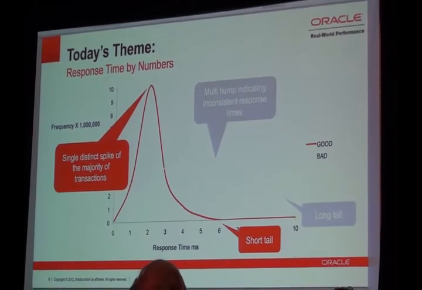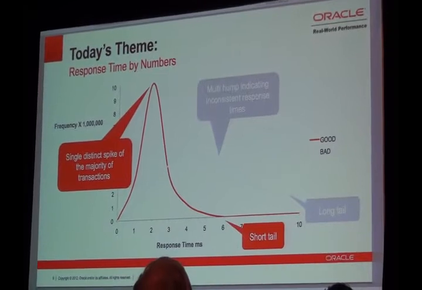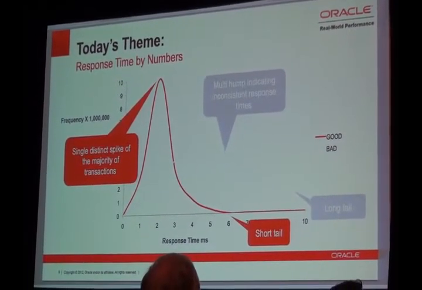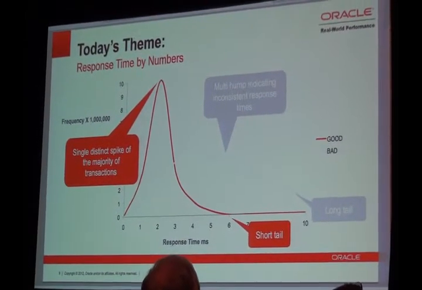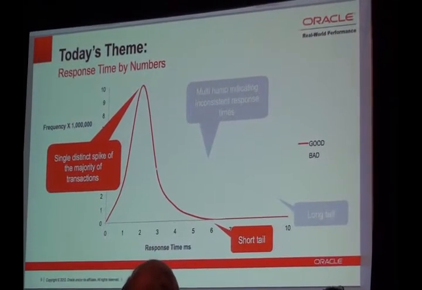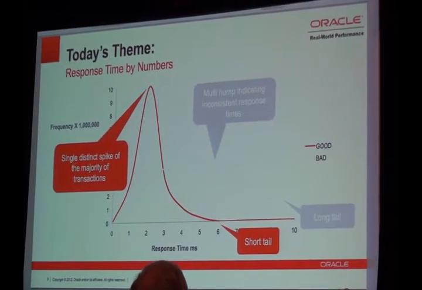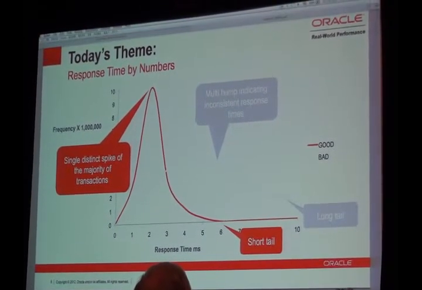However, in a poor case, you might find you get a double hump. And the response time graph has got a massive long tail, and there may be transactions that don't come back for a long time. Okay? Now, the averages of both of those graphs might be plenty acceptable, but the distribution can lead to bad things.